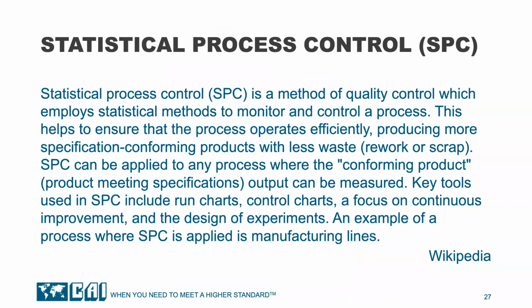Most data historians provide tools for statistical process control. These two tools include run charts and control charts. As a process is running, current process values can be displayed in run charts or control charts. These run charts and control charts provide graphical confirmation that a process is operating according to historical norms or within statistical control limits.